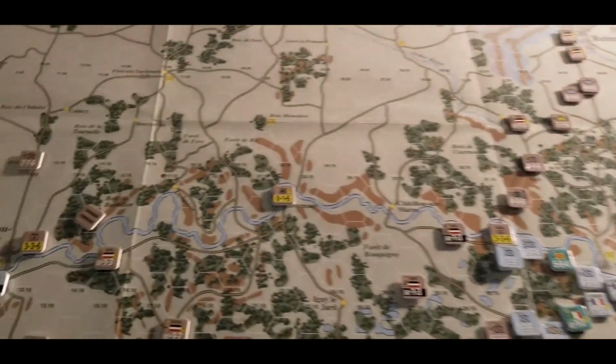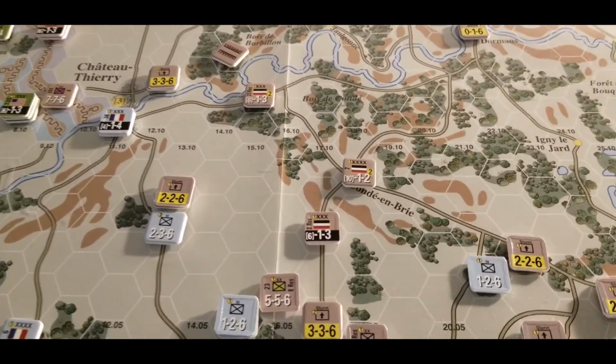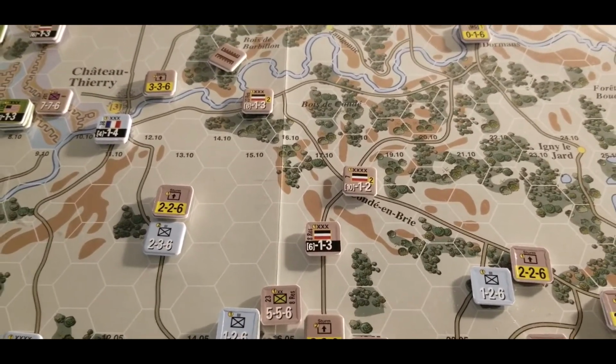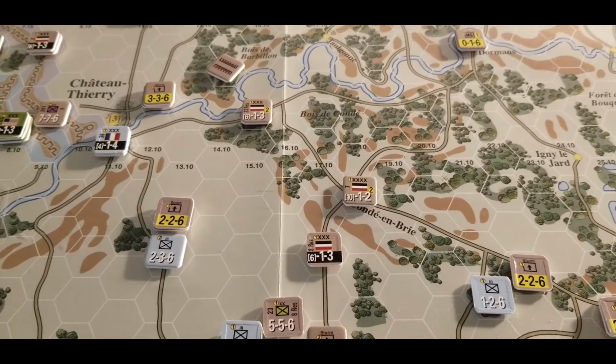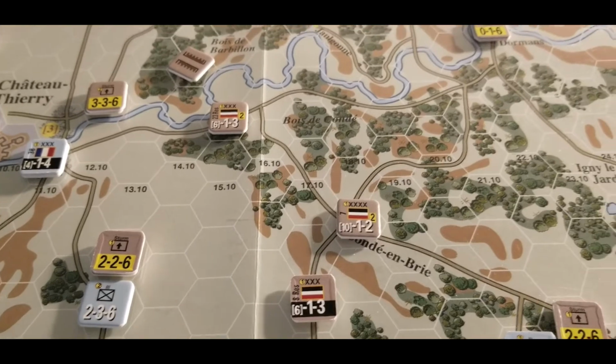All right, so then you got headquarters units. Here is an Army headquarters unit right there, that 10-1-2. There's a yellow box next to them there, and that is an attack shift. Now they can